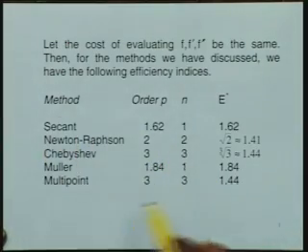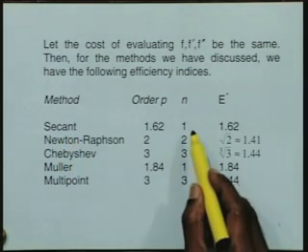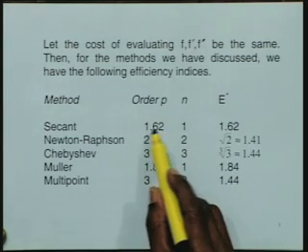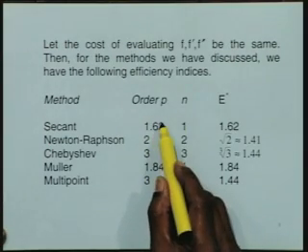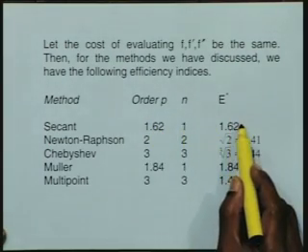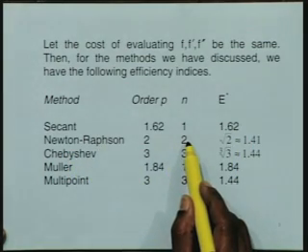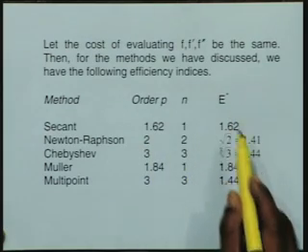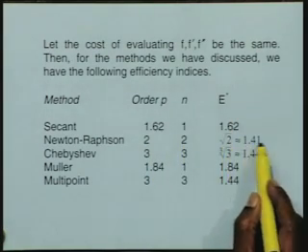Then we have this particular table of values. If you look at the secant method, it has only one function evaluation, and we have shown that the order is 1.618, that is approximately 1.62. So I will take the nth root of 1.62, that is the 1st root, that is 1.62 itself. The Newton-Raphson method has two evaluations, one function, one derivative. So the total is 1 plus 1, we will take it as 2. The order is 2, therefore the efficiency is the second root or the square root of 2, that will be simply